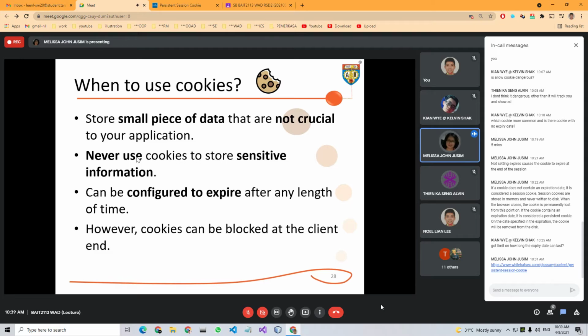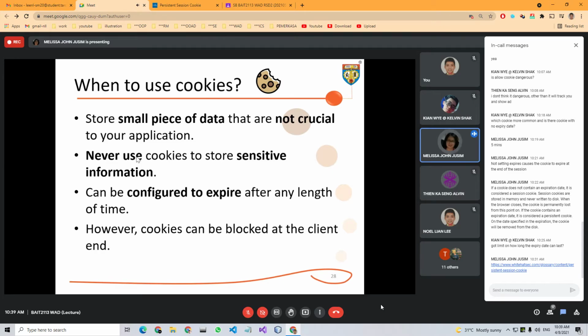Just now there's a question whether it is dangerous using these cookies. Since it is stored on the browser, it can be hijacked. So there's a possibility that people can intercept and then use your cookie information. Therefore, we should never use cookies to store sensitive information.